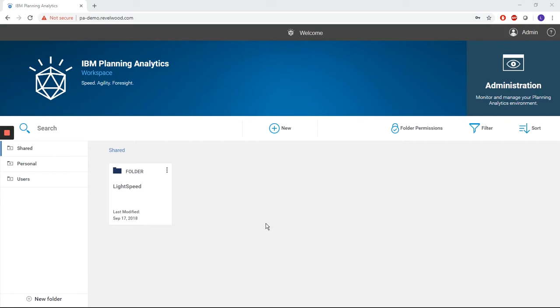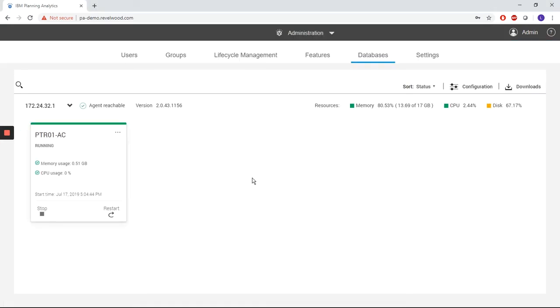The way that you get into PA administration is by clicking the box at the top right corner. The administrative tool will initially show me a list of all of my database servers. For each one of my servers, it will give me a status. Is it running or is it stopped? If it's running, it'll give me statistics based on memory usage and CPU usage. It'll give me the ability to control the server by stopping it, restarting it, bringing it back up. It'll give me the ability to look at my log files, to end all of my processes. In essence, it will give me the ability to perform all of the functions that I normally do through Windows